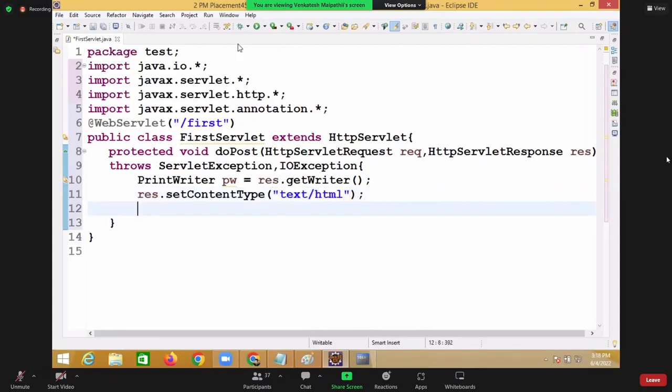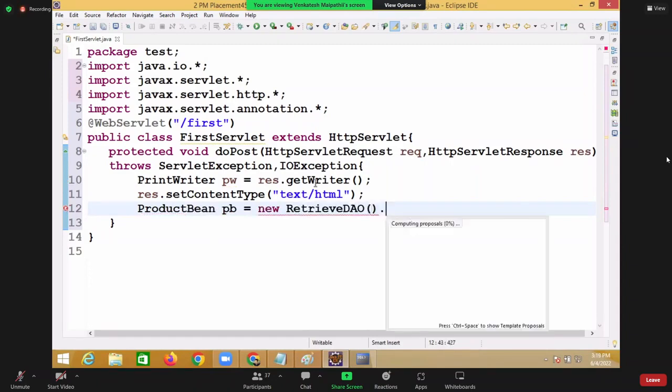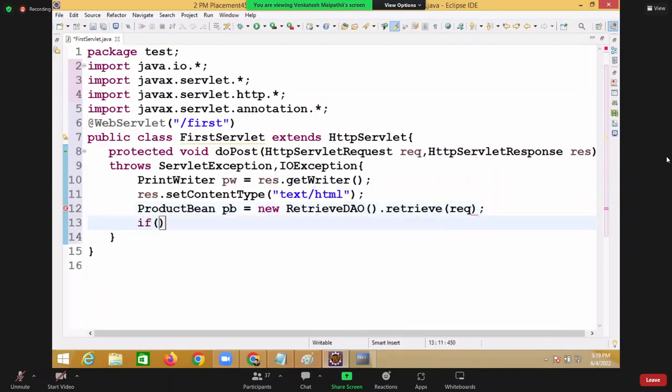So here we have to access how, means ProductBean pb is equal to new RetrieveDAO.retrieve, I am passing the code. Now, if pb equal to null,